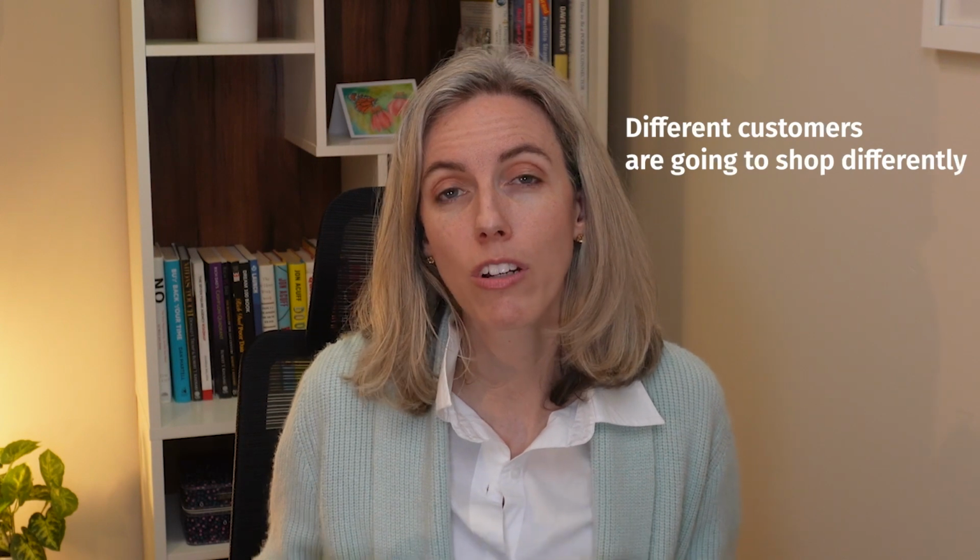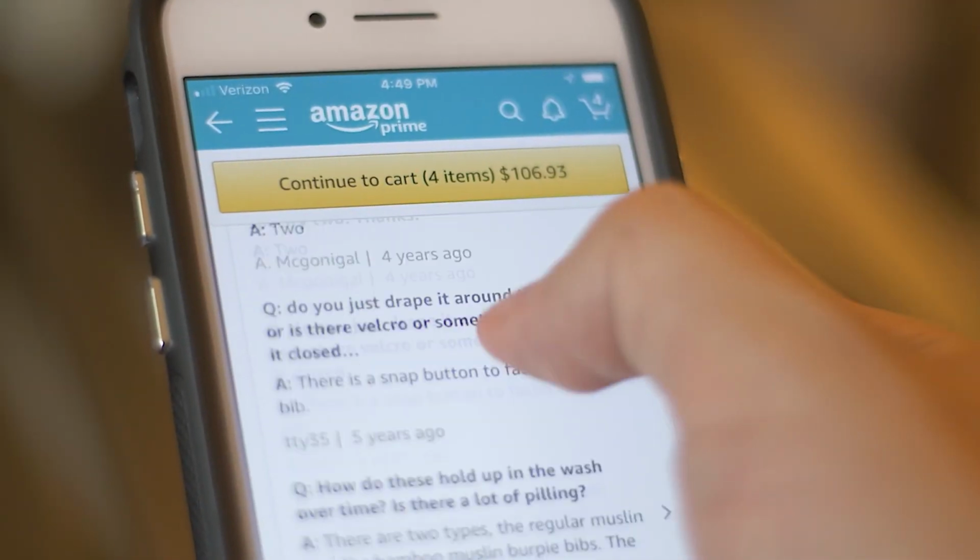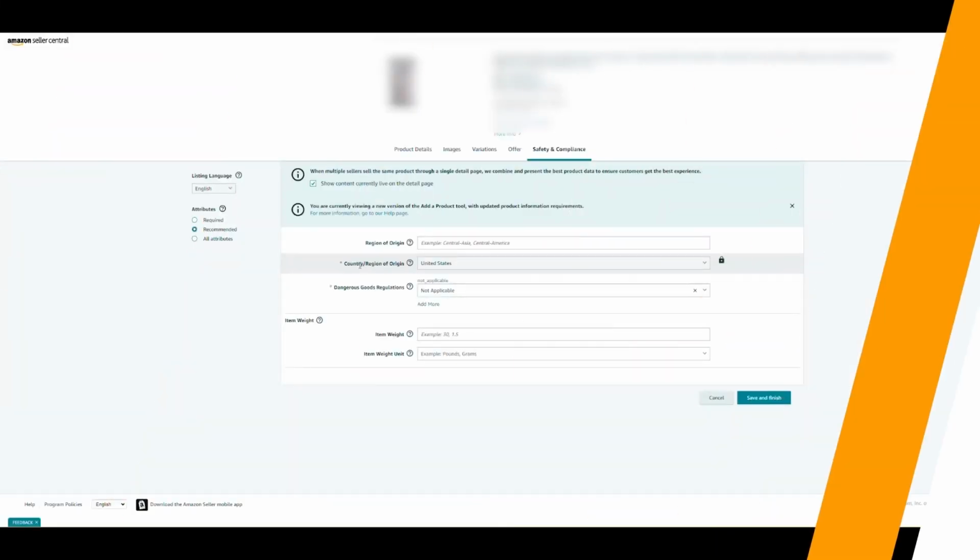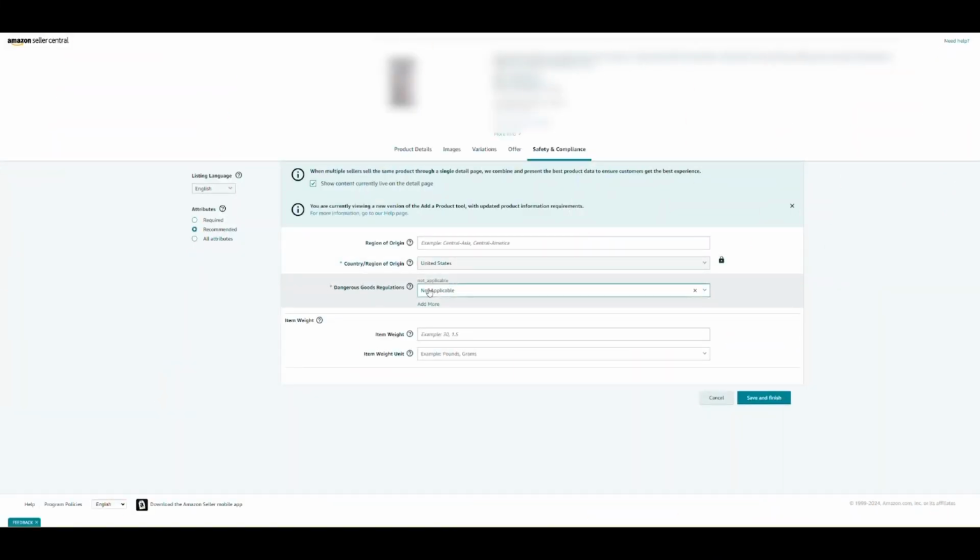And make sure you're using, like I said, the bullet points, even more details. That's for people that are really looking for the nitty-gritty. You have to remember different customers are going to shop differently, and you want to make sure you're touching all those different customer questions that might come up, because they cannot pick your product up like they would in a physical retail store. Now, you can always look at that little question mark button there, and you can click into that